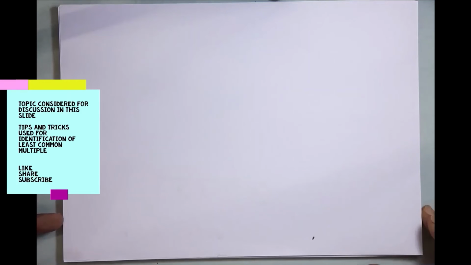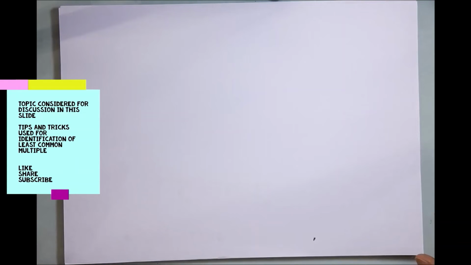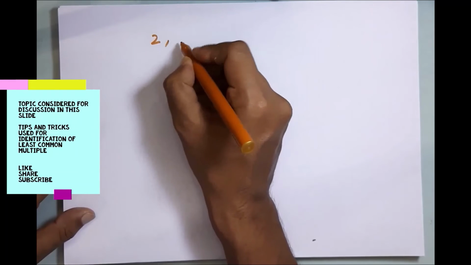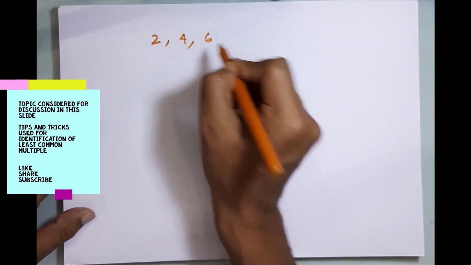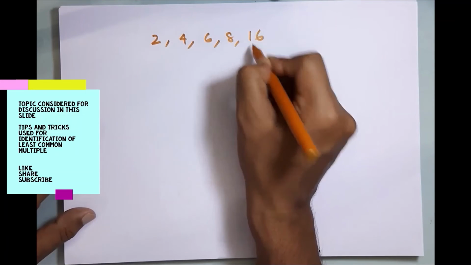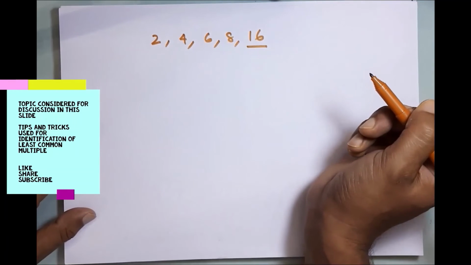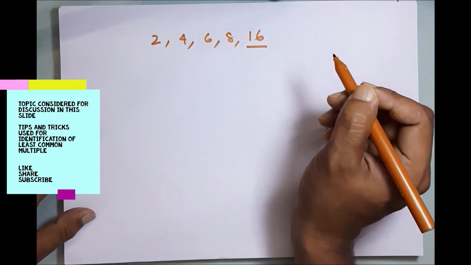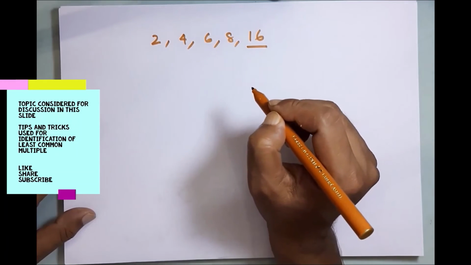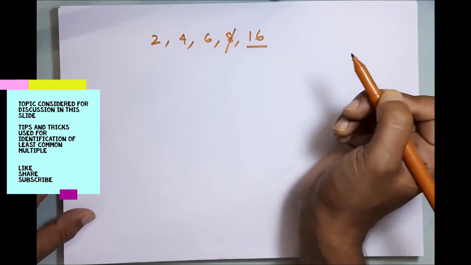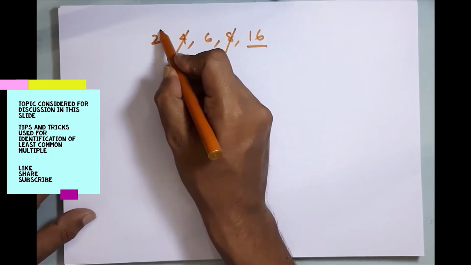So we have already discussed 4 tricks and will be concentrating on our final trick for today's discussion on LCM. Again, let us take some numbers. The numbers considered for this discussion are 2, 4, 6, 8 and 16. The first thing that we normally do is to identify the big number. 16 here is the big number, and we'll isolate those numbers by which 16 is divisible, and strike them out. Here 8 we can divide, 4 we can divide, and 2 we can divide.